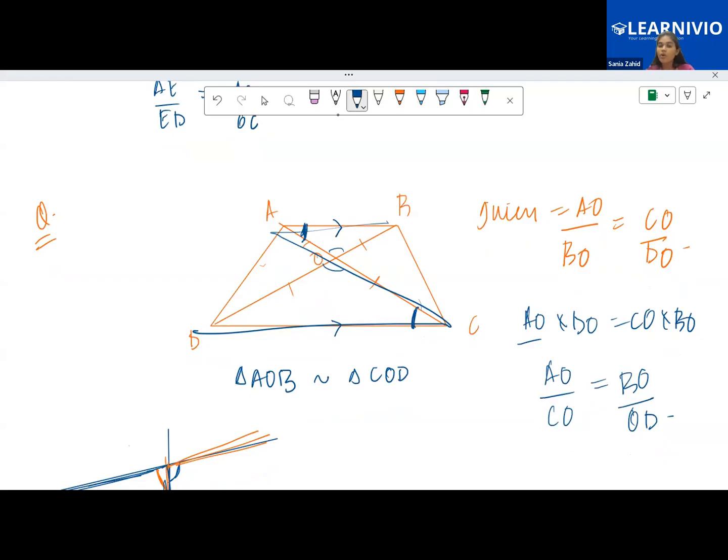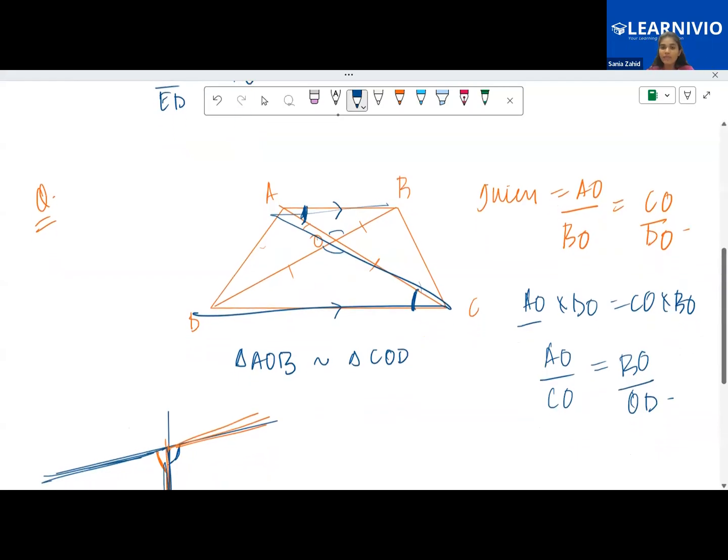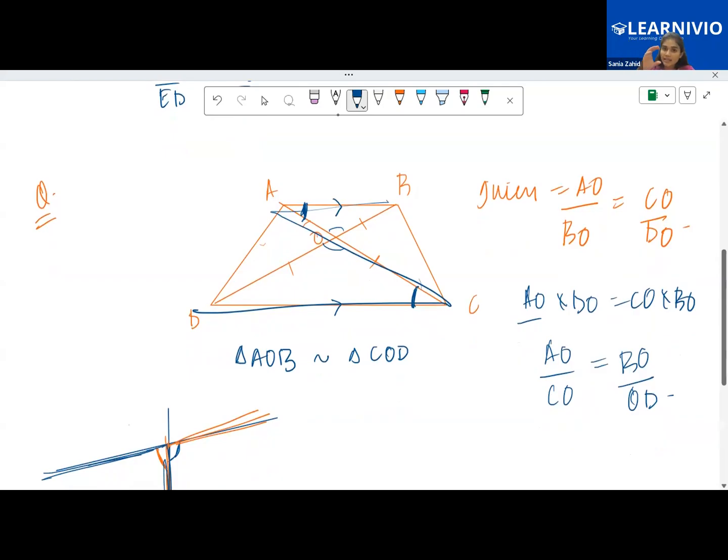See, what we have is alternate interior whenever you have a parallel line, so the angles which are alternate interior will be equal. Now this is the reverse theorem: if the angles are equal, then the lines are parallel. Right? So do you understand? Can I say now that AB is parallel to